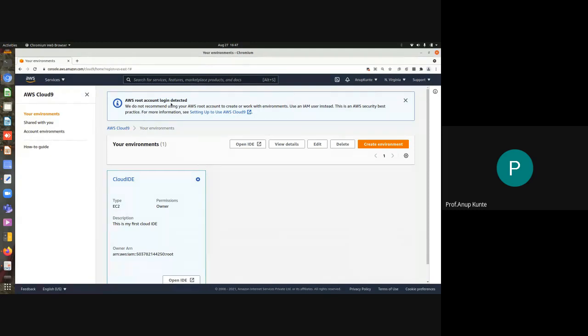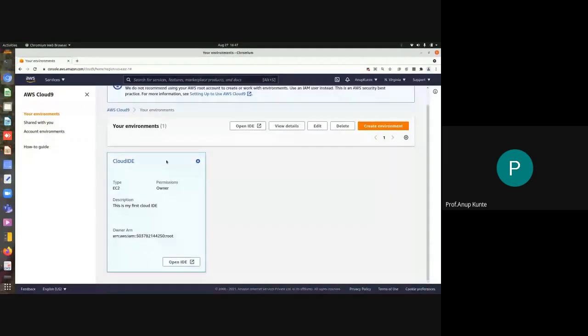Create an organization-based collection of different IDEs with different levels of privileges. Okay, now currently in today's setup, we'll just assume that we are a single person who wants to use his browser to use the IDE which is hosted on a cloud. Okay, we assume this scenario and try to create a new environment for AWS Cloud9.